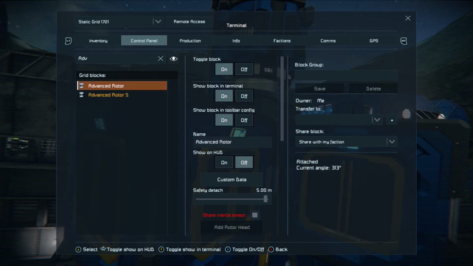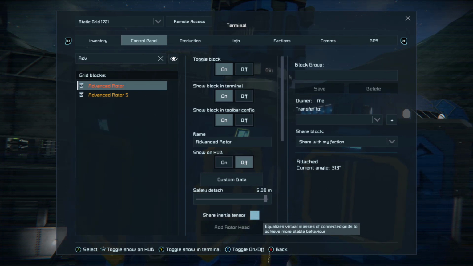And if you remember the rule, you can use the left stick to jump windows and the D-pad to go between menu items, and then jump the left stick to the right once, then come down from toggle block all the way to shear inertia tensor. You press A and you will change the setting.